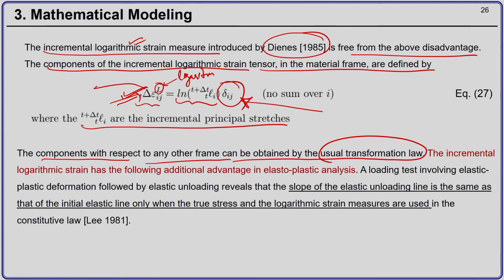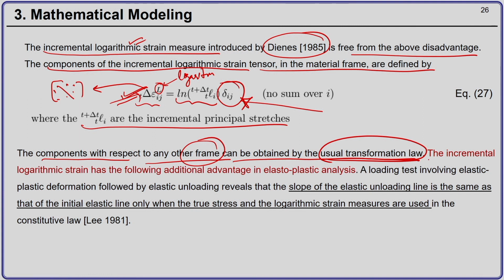So, this equation 27 will result in a diagonal tensor. Okay. Only the diagonal components will be non-zero, and this is with respect to the principal vectors. Now, you can use the principal vectors and transform it to another frame, say your original coordinate frame of reference, using the transformation law that we have already discussed in our discussion on tensors.